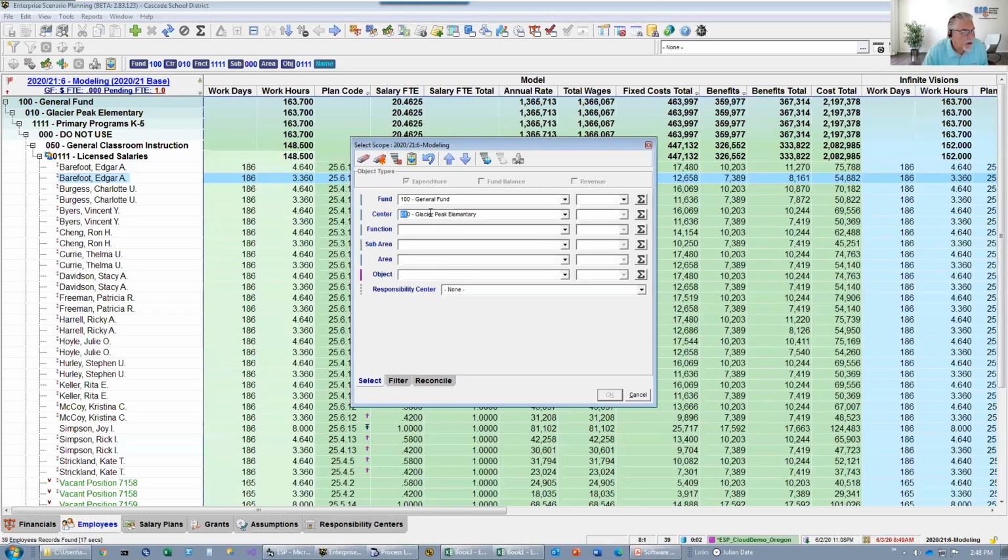Center 10, function 111. Oh, let's just do that. That should give me,